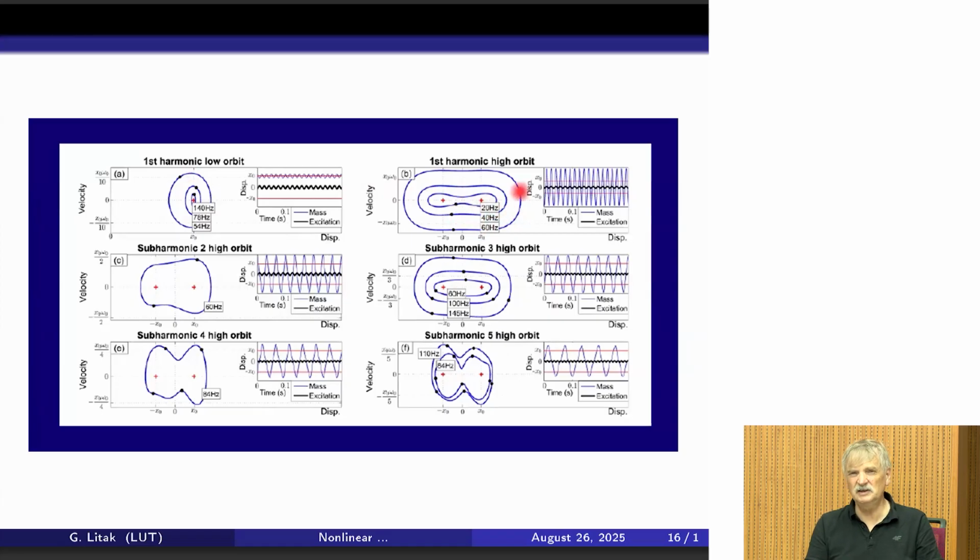So 1 point means that the response has the same frequency as the input signal. So the input signal has some characteristic frequency, and the same frequency, the same period, is for the response. In the next branches, you see that there are 2 points. So this is subharmonic 2, and this is subharmonic 3. So 3 points, and this is a large orbit. So you can see a large orbit, but for